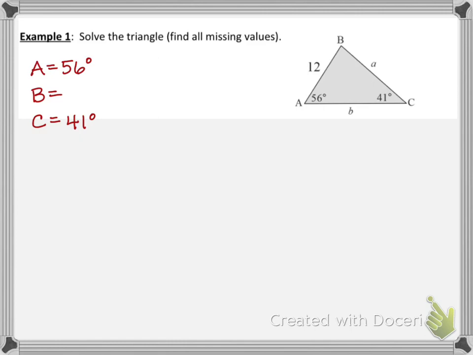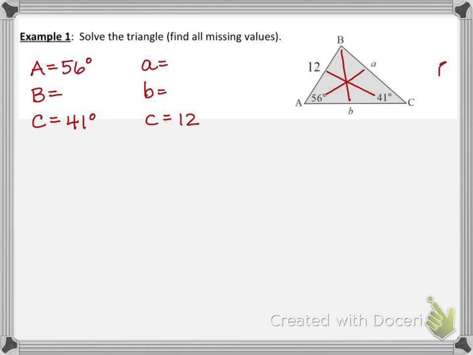The length of sides will always be depicted by lowercase letters. So in this case, it's a, b, and c. And they always correspond to the angle in the sense that you will notice that the length of sides are always directly across from the angles. The length of the sides are always right across from the angles, okay? So a was not given, b was not given, and 12 is across from angle C,